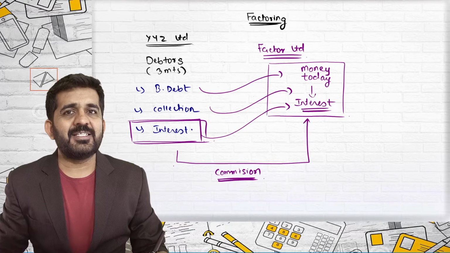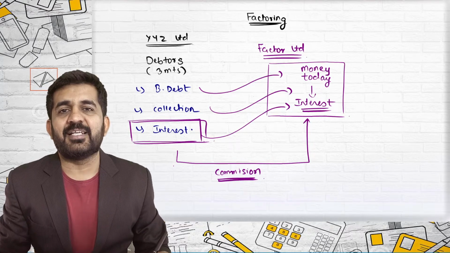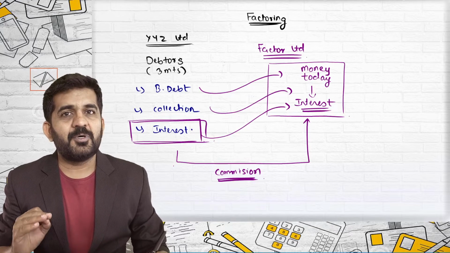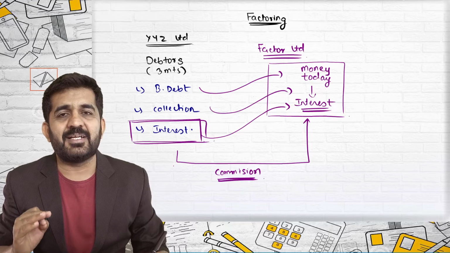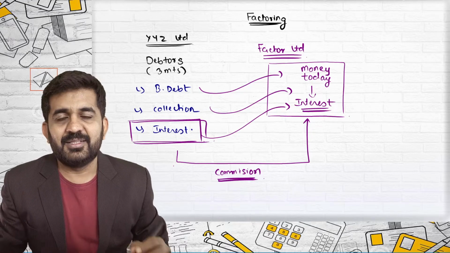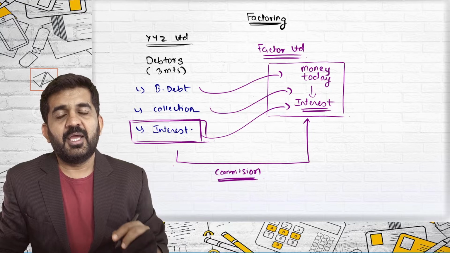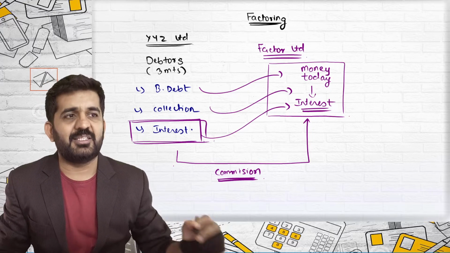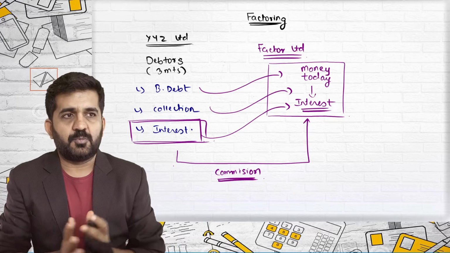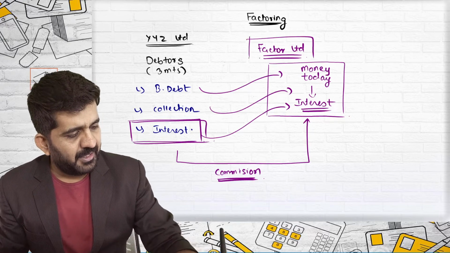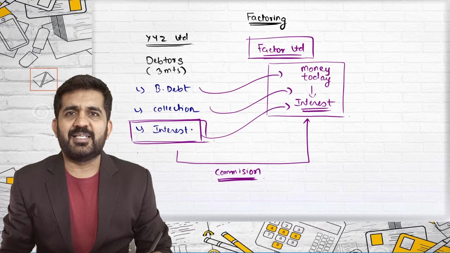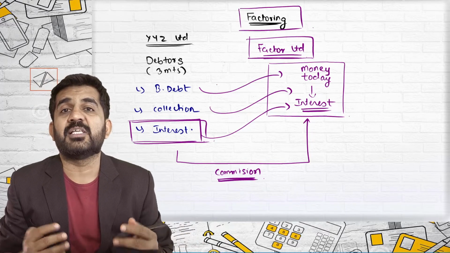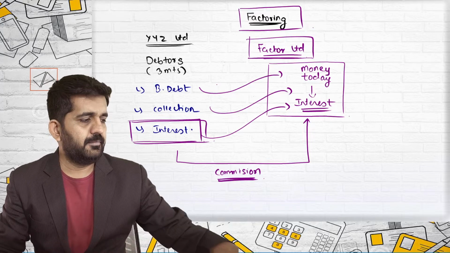So what does Factor do? It purchases your debtors and sometimes also gives money in advance and charges interest. For purchasing the debtors, your bad debt and collection cost now will become nil. That is the headache of the Factor. And for interest cost, Factor can give you additional services by lending money 3 months before and charging interest for it. This is Factor Limited. The contract between XYZ Limited and Factor Limited is termed as factoring, or this process is termed as factoring.